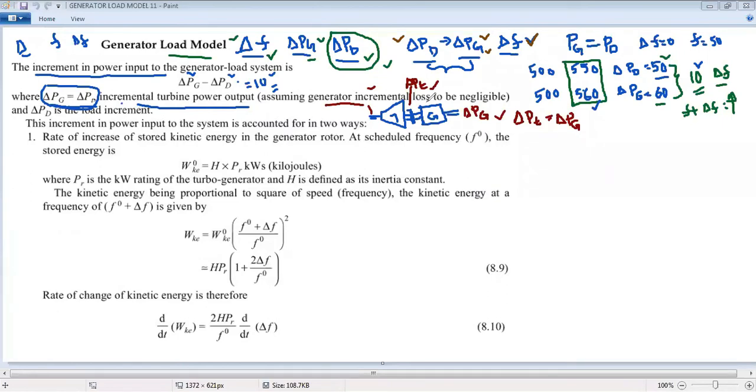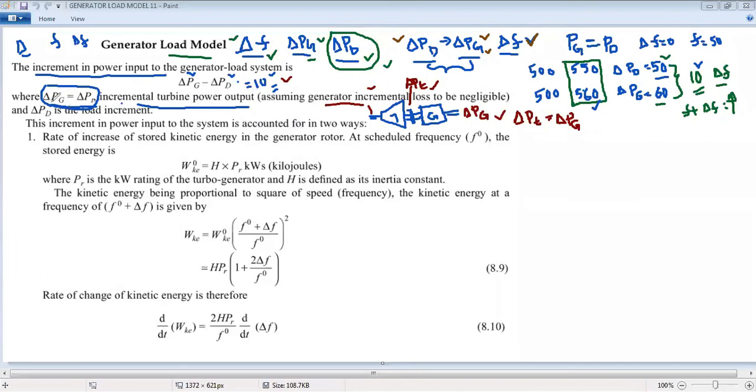There is another case, a decrement in the load demand, but in this case, for the analysis purpose, we have considered the increment in the load demand. For that, there should be an increment of the generation. If both are mismatched, then the incremental power will be available at the bus bar, which is an input to the generator load system. That is called surplus power, which is not useful because our load does not require it, and where will it go? We will discuss it here.